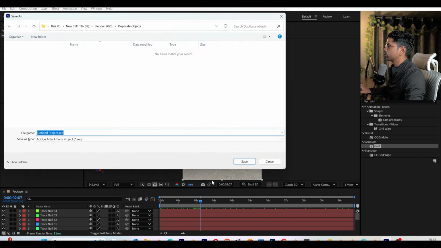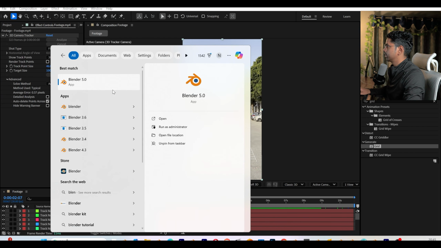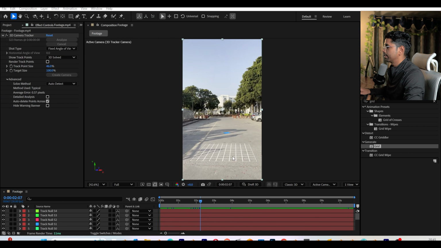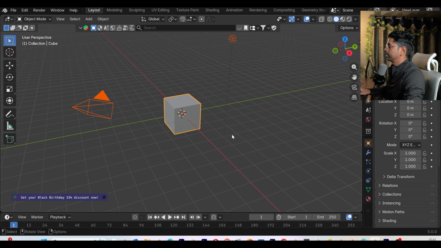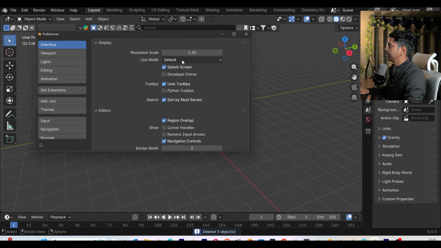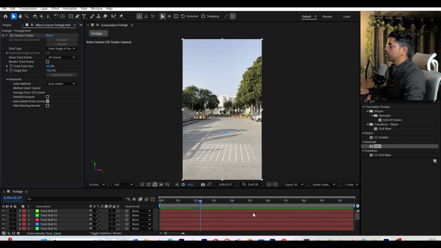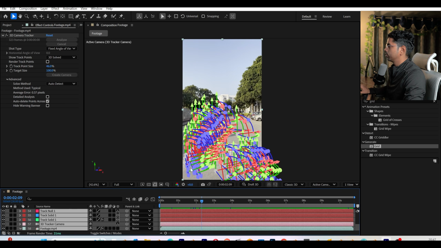Save this, so Ctrl S to save, and let me quickly open Blender 5.0. This is the latest version of Blender, and this is Blender 5.0. Edit, Preferences, Interface, and maybe I can go with 1.25, that is nice. Okay, and I will go to After Effects once again, and now I want to export all this data